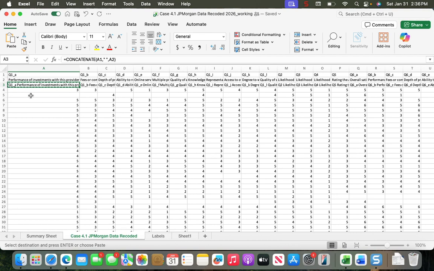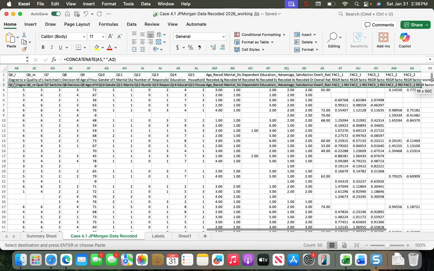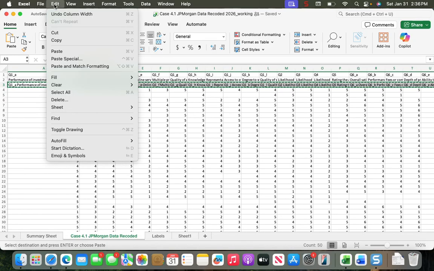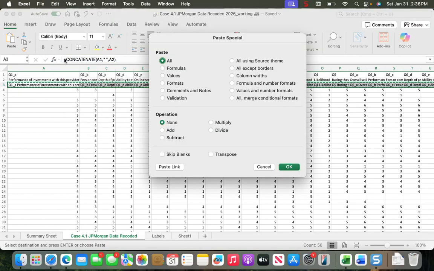So you can see that this is the entire question. Another thing to make it a little bit easier is you want to highlight the whole row, Shift Control to the right, Command C, and then we're going to click Edit, Paste Special, and we just want